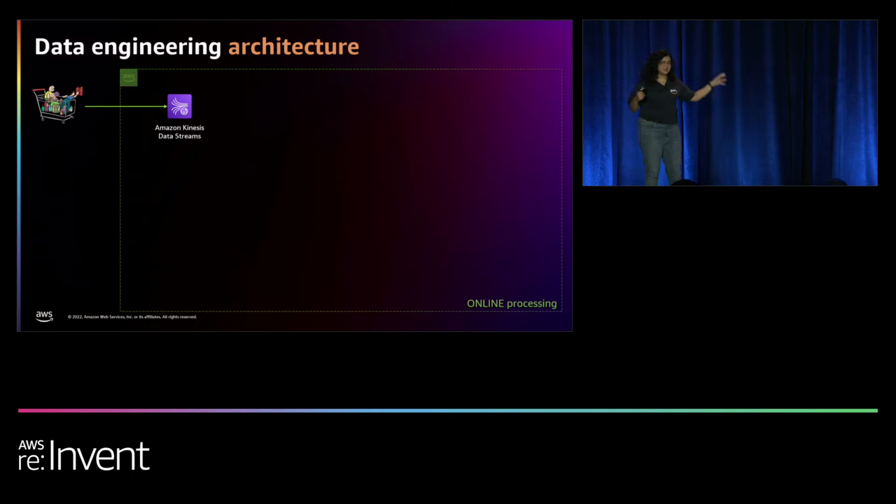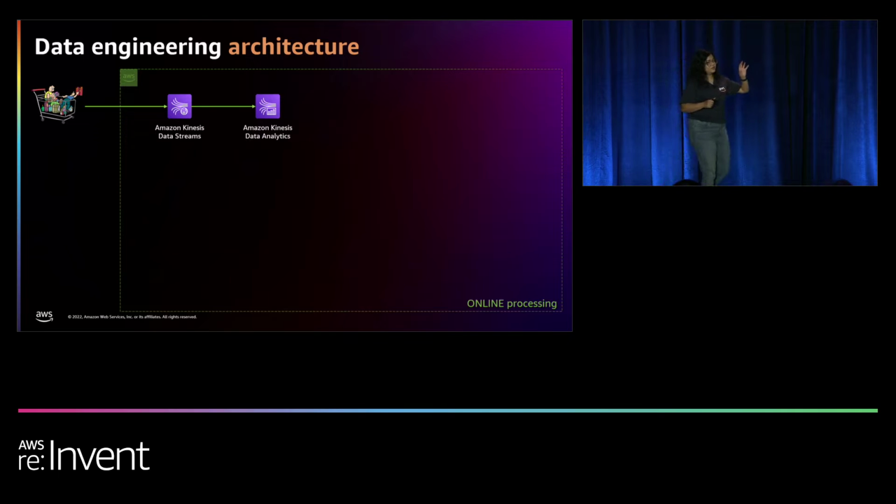Next, we capture this streaming data using Amazon Kinesis data streams. Now, data streams can actually capture data from multiple sources. It can be an AWS service, it can be mobile applications, even your sensors or logs can send data into Kinesis data stream. The data is stored in the order that it was received for a set duration of time, and you can replay that data n number of times while it is being stored.